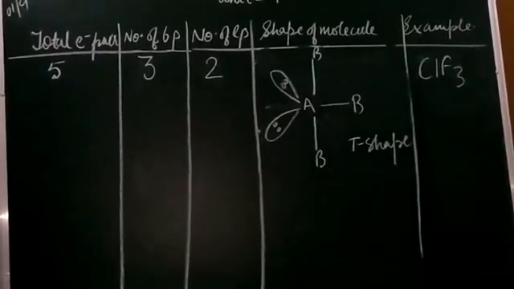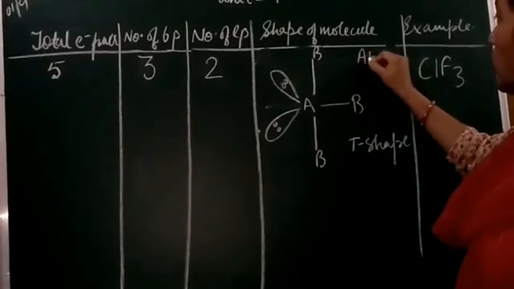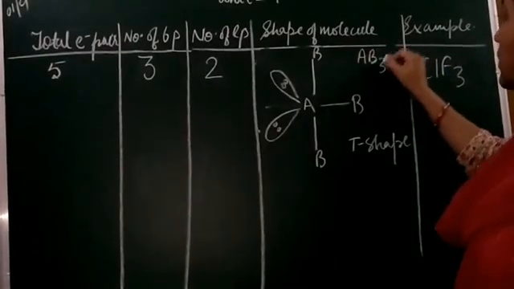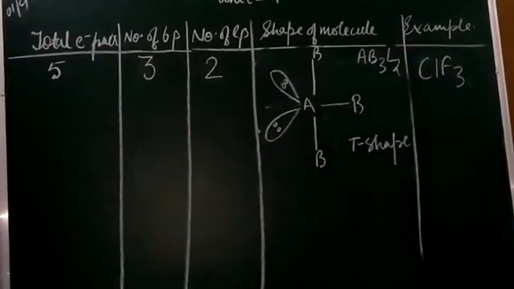So this is 5 electron pair with 3 bond pair and there are 2 lone pair. This is the AB3L2 type of molecule, right? Now we will do the